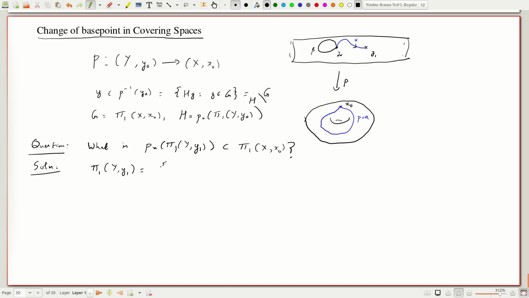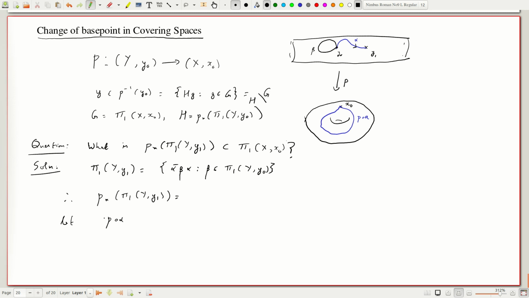So pi 1 of y1 is going to be equal to alpha bar beta alpha, where beta belongs to pi 1 of y0, and alpha is this path here which goes to a loop. Therefore P star of pi 1 of y1 is going to be,